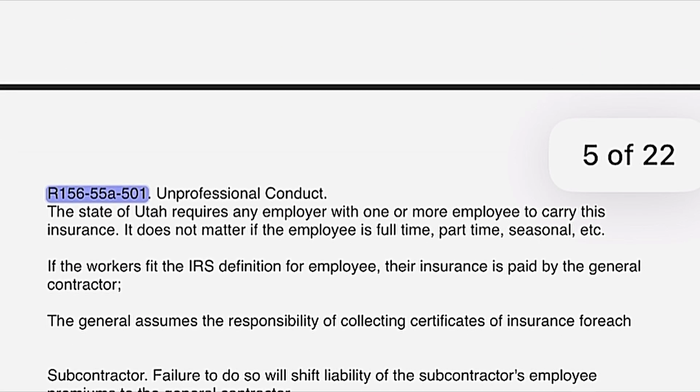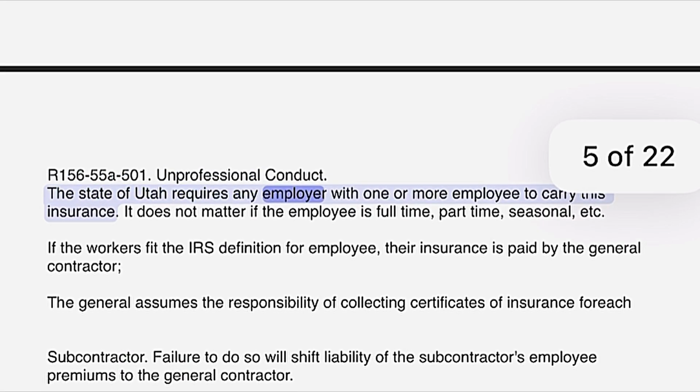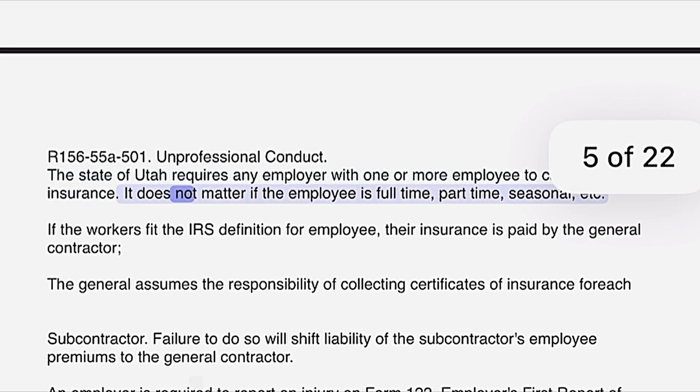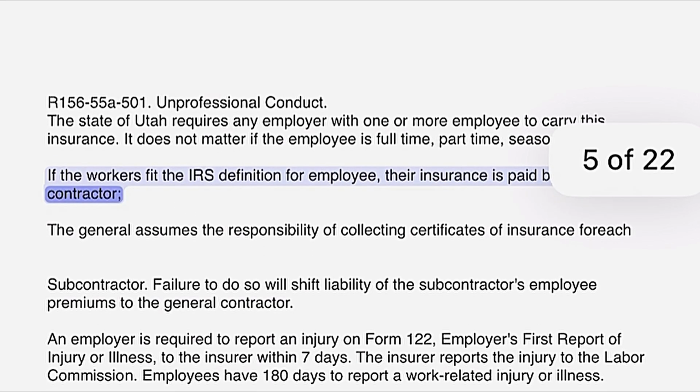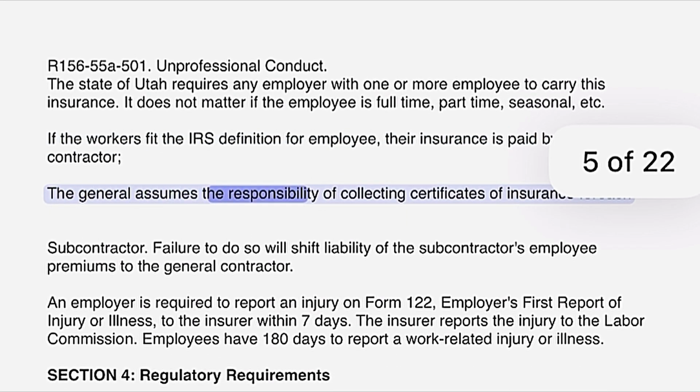R156-55A-501. Unprofessional conduct. The state of Utah requires any employer with 1 or more employees to carry this insurance. It does not matter if the employee is full-time, part-time, seasonal, etc. If the workers fit the IRS definition for employee, their insurance is paid by the general contractor. The general assumes the responsibility of collecting certificates of insurance for each